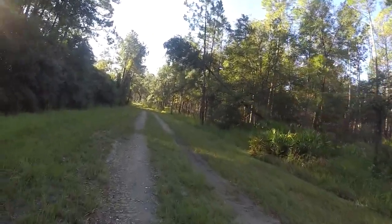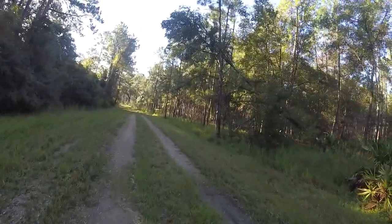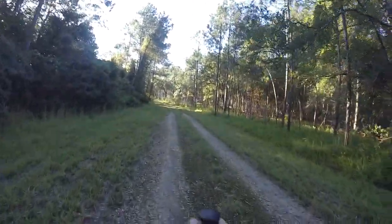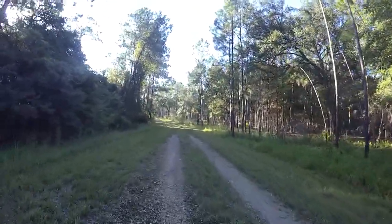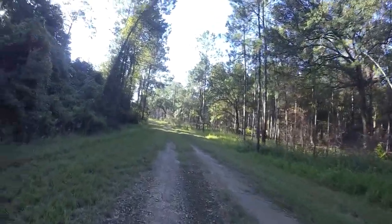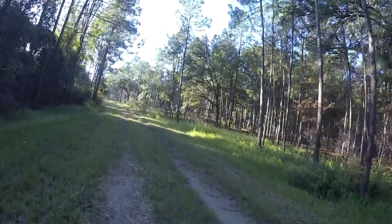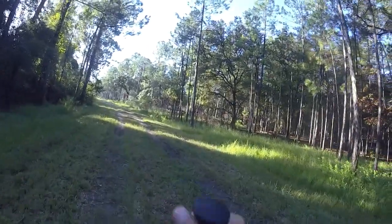Well, I'm at the Bayard Conservation Area. The trail I was going to walk on is still closed after Hurricane Matthew this year. So I'm going to sneak into the backside of it from where we've camped before and hit it that way and see how it is. It might be a little flooded right now because of all the rain that we've gotten. But so I'm walking in on this access road for a little while, and then I'll cut into the campground